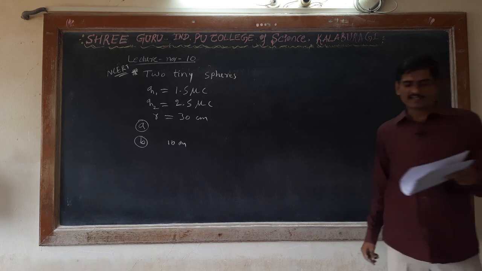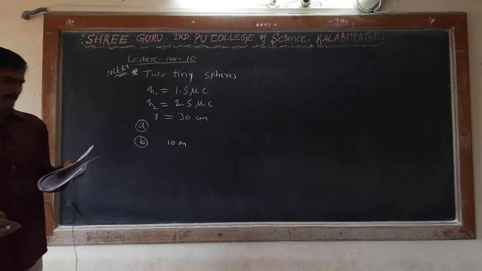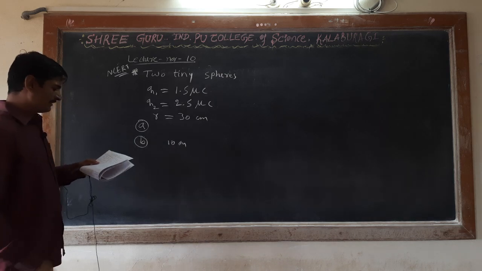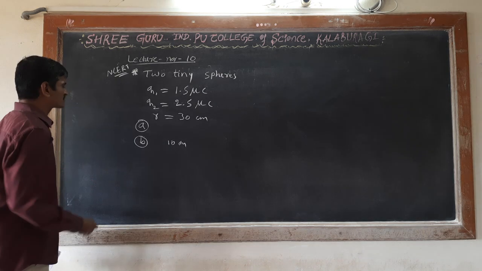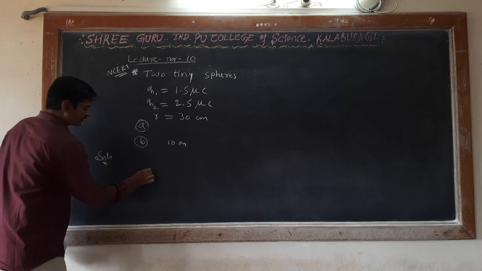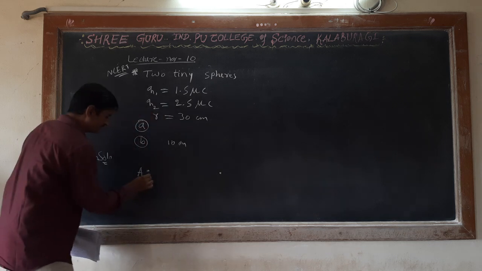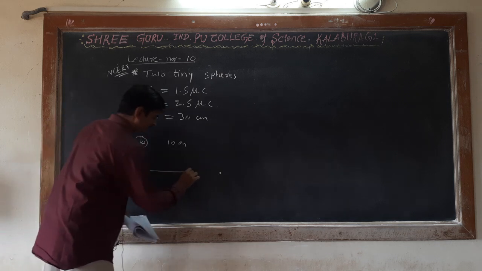Two tiny spheres carrying charge 1.5 microcoulomb and 2.5 microcoulomb are located 30 centimeter apart. Find the potential at the midpoint of the line joining the two charges. First one. Okay. So, let us consider that charge Q1 and Q2